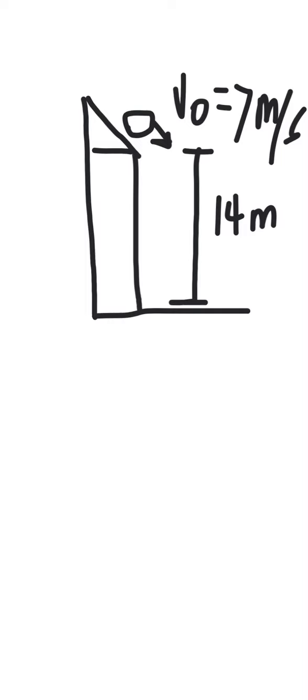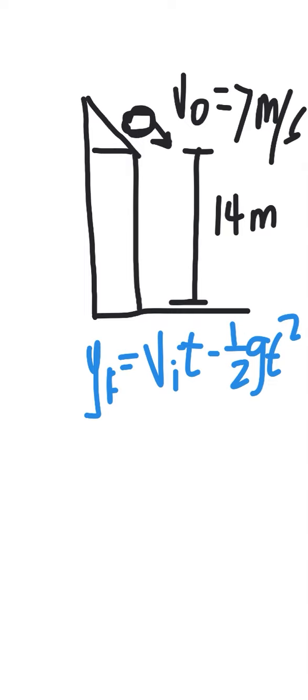For number 14, we need to find how far from the edge of the barn this snowball will strike the ground if it doesn't strike anything else while falling. So in order to solve this problem, we need to first find the time it takes for the snowball to hit the ground. In order to find this time, we need to use the equation y final equals